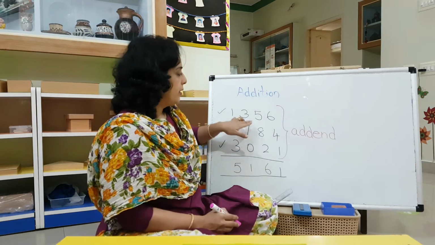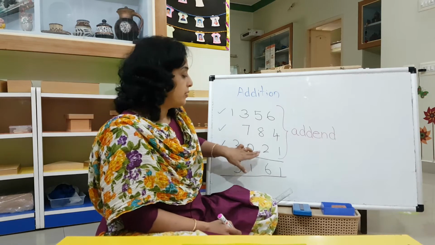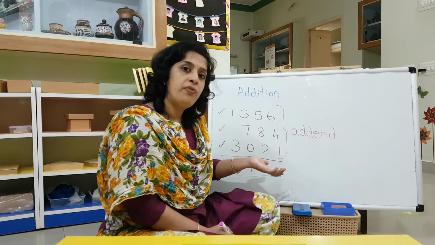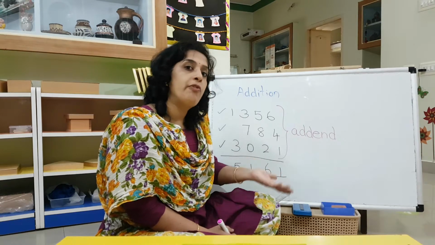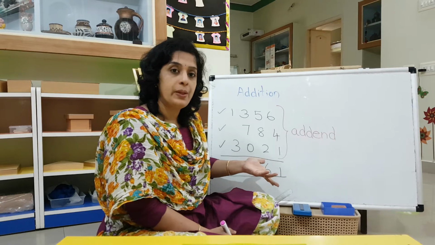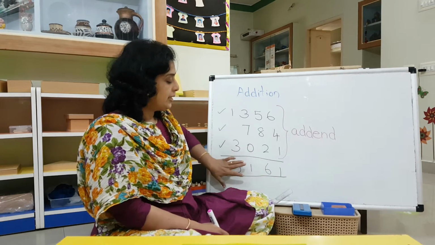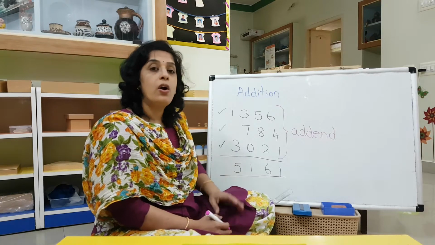Got it? This is one addend, this is your second addend, and this is your third addend. If you had a fourth quantity given, there will be 4 addends. There can be 5 addends, there can be 6 addends, however many. And you bring them all together,